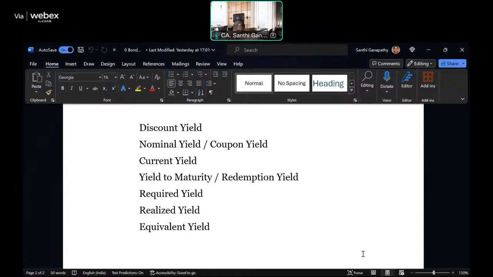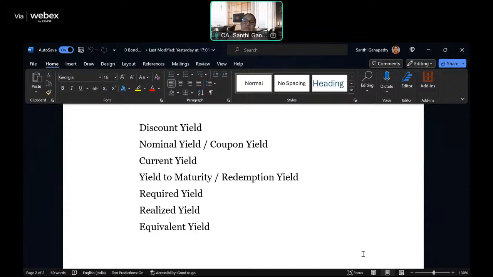So there are certain assumptions underlying YTM, which we discussed. The bond is invested at the current market price and held till maturity. So we are referring here to the cash outflow and the holding period for the investor. The cash inflows from the bond are fully and immediately reinvested at precisely the same interest rate as YTM. So this is again the responsibility of the investor. Then the third assumption is all coupon and principal payments are made as per the schedule. So this is the responsibility of the issuer. We are assuming that things will happen.